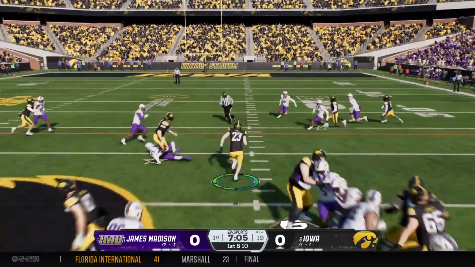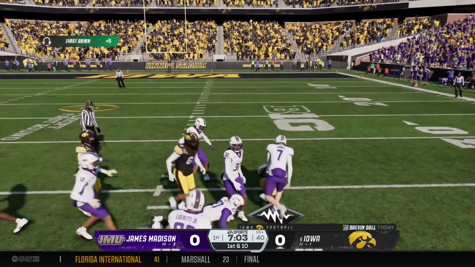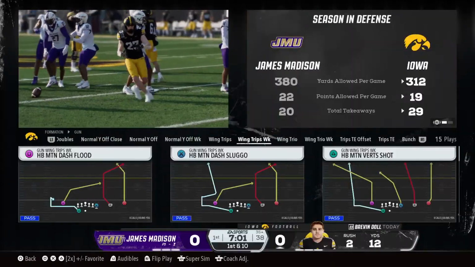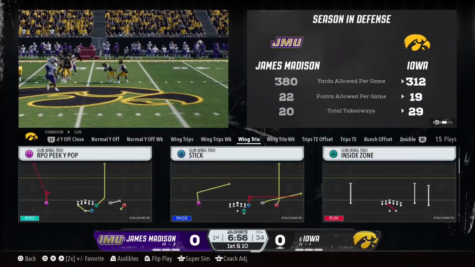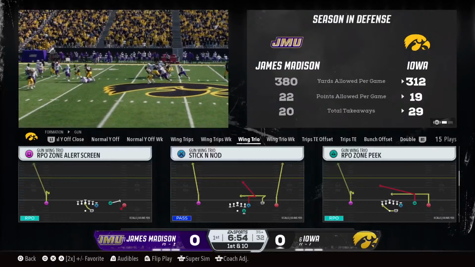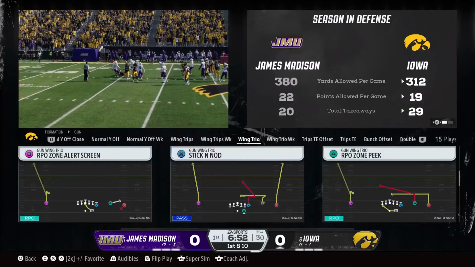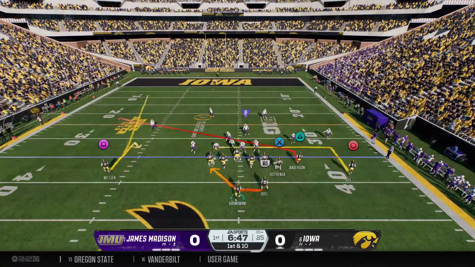He'll hand it off. Look out, room to run here. They stop him, but not before he reaches the 35. This offense really threatening now. Boy, how about that play, Chris? That thing just opened up. The back shot through there with great acceleration. What a pickup there on first down.